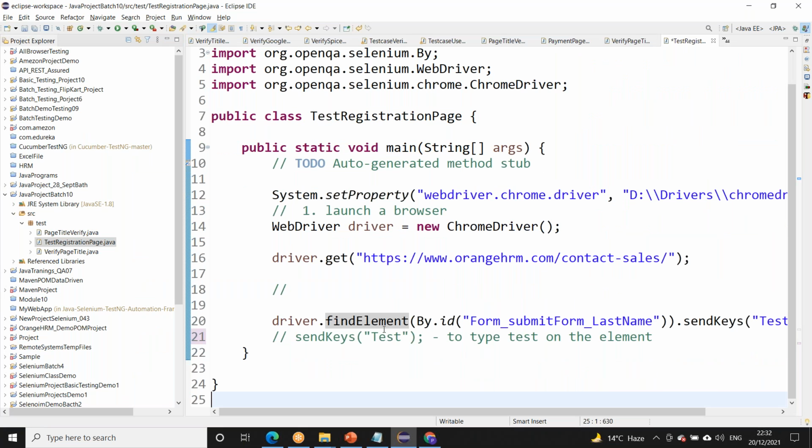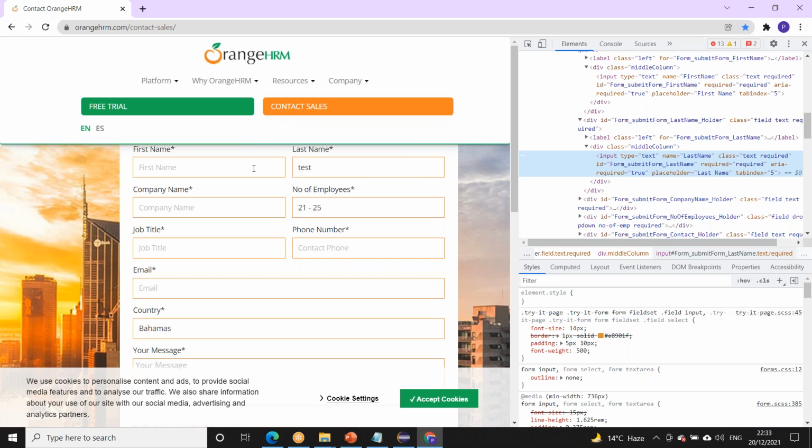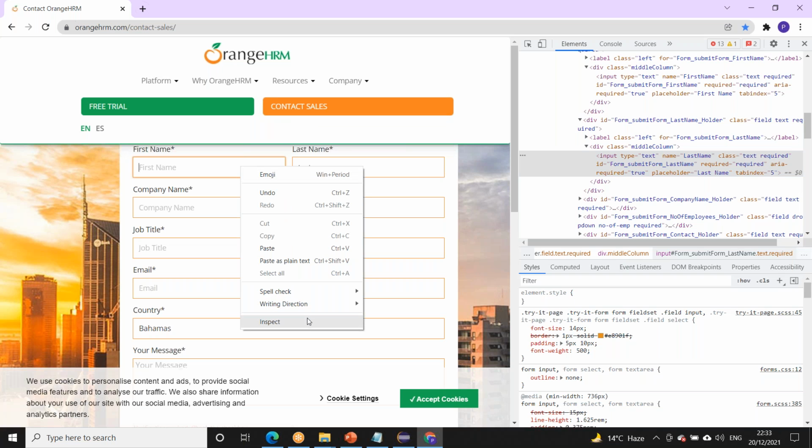Okay. Why do we need to find that element? It is something like, to deliver something, we have to find that person's address, right? So it is not possible without some unique identification. To point to or find someone, we need a unique identification. So for that element, we found a unique identification. ID is available, so I took that ID. For the first name also, I will take it similarly.